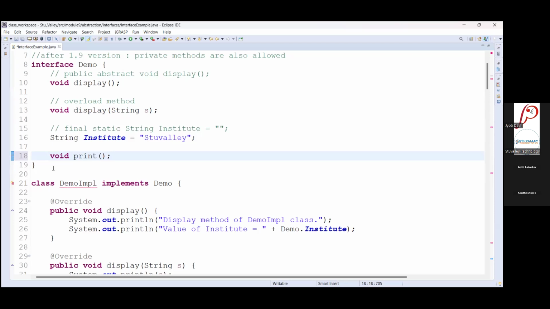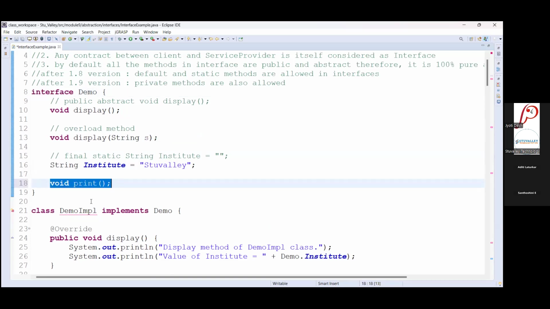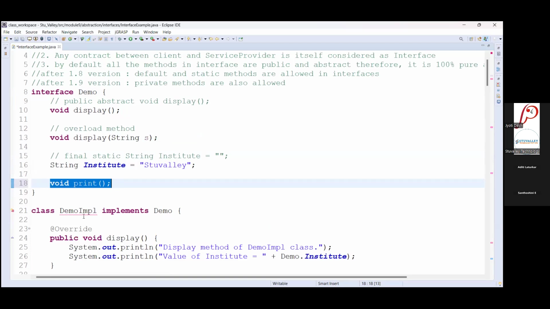Whenever I add any method here inside an interface, immediately you get an error for the implementation class to add the newly added method's implementation. That is, add unimplemented method.